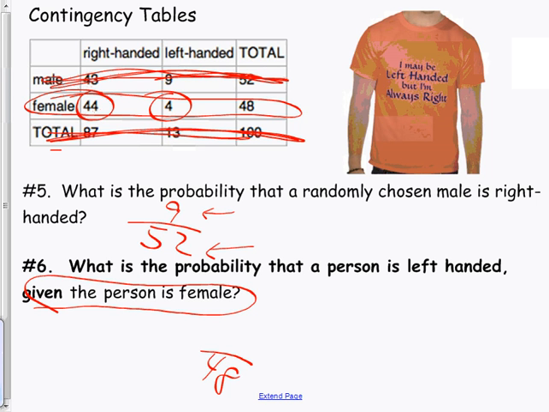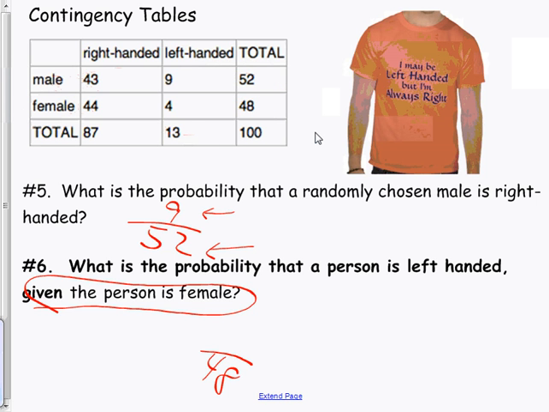Now, do you know when to add them or when to subtract them? There's and, or. Yes, sir? Would it not be only 52? Yes, sir. 43? Okay, I'm not sure anymore what that was from, but let me check. He's asking me to go back a question. We're going back to number 5. What is the probability a randomly chosen male is right-handed? You are correct, so thank you for clarifying that. It was right-handed males, so that was 43. I was talking about lefties the whole time, and then all of a sudden the question was about righties. All right, sorry about that.